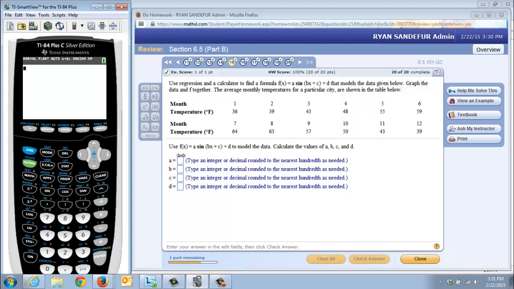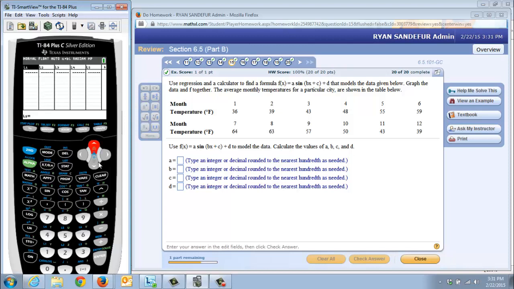So in order to do a scatter plot of this data, you need to go to Stat, Edit, and if you have data already in here, you can go to the top and hit Clear and push down, and that will delete the entire list. Or you can go to each data item individually and hit Delete, which can be tedious if you have a really big list, but most of these are going to 12, so you can delete them one at a time. Whatever you do, don't go to the top and hit Delete on the list, because you'll actually delete the list